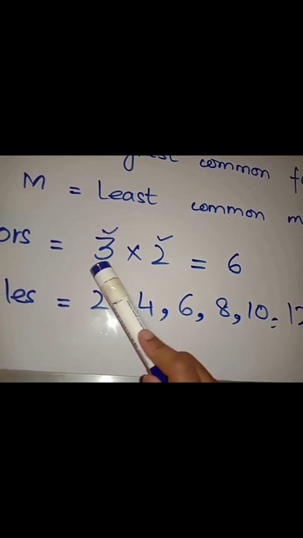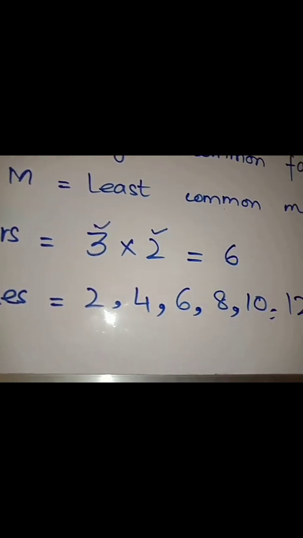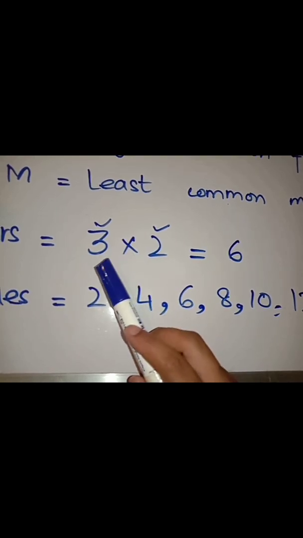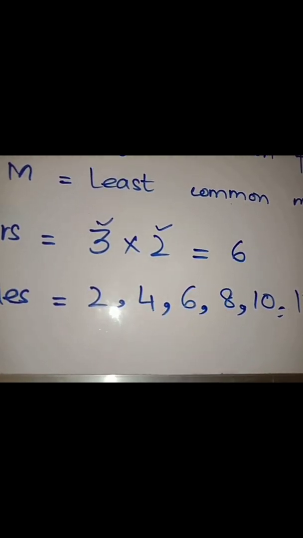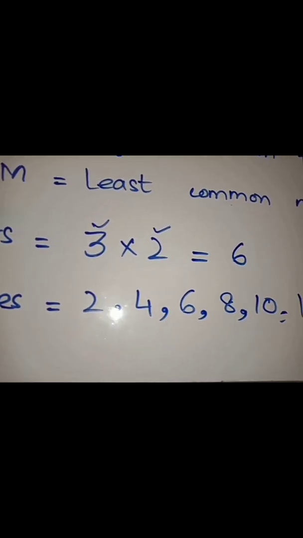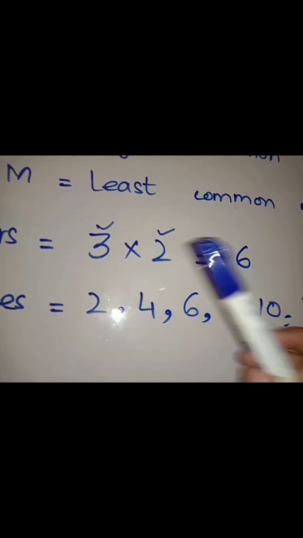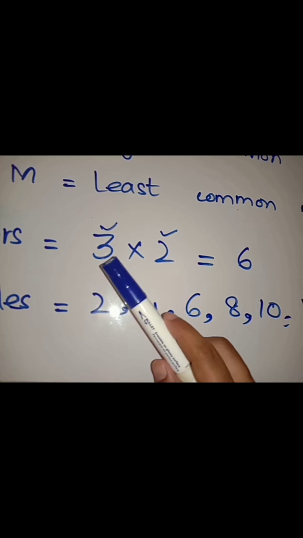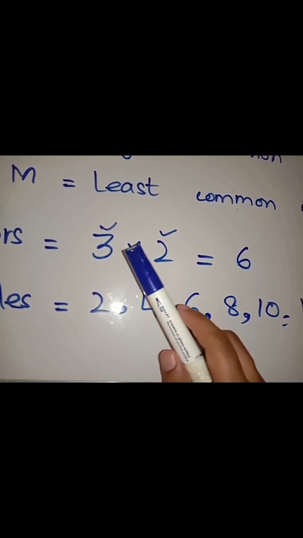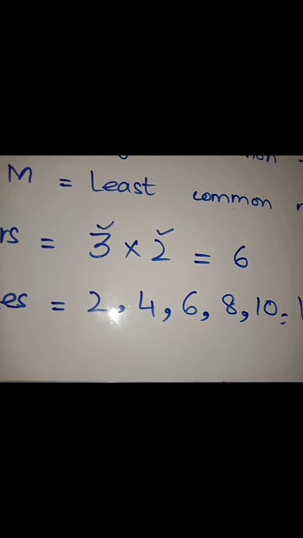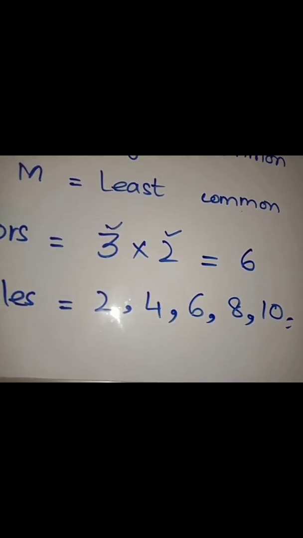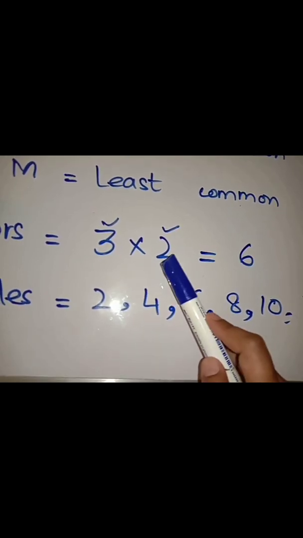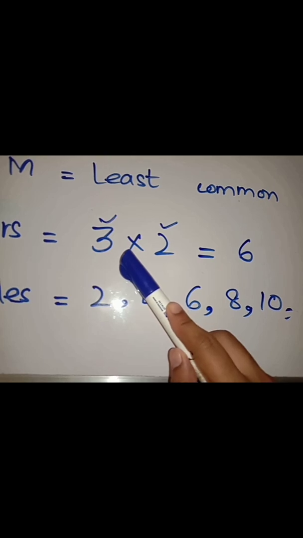So in this part we have 3. Is 3 a prime number or a composite number? How can you say that 3 is a prime number? Because 3 ones are 3, means the first divisibility factor is 3 and the second divisibility factor is 1. We have two factors only on which 3 is dependent. 3 ones are 3 and 1 threes are 3, means we have a number 3 which is divisible by 3 itself and 1. So 3 is a prime number. 2 is divisible by 1 and itself, so 2 and 3 are prime numbers.